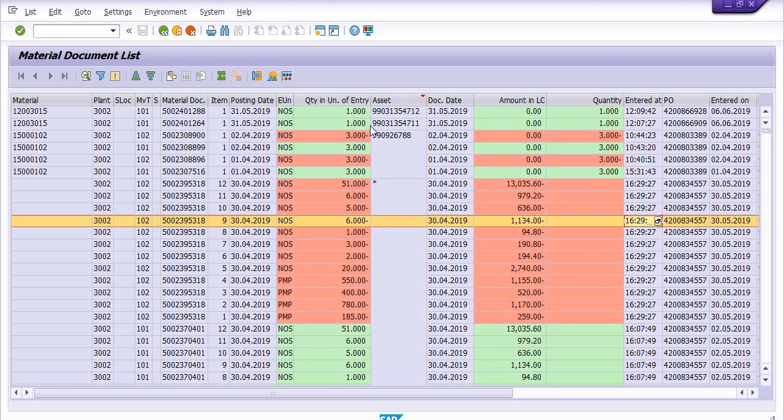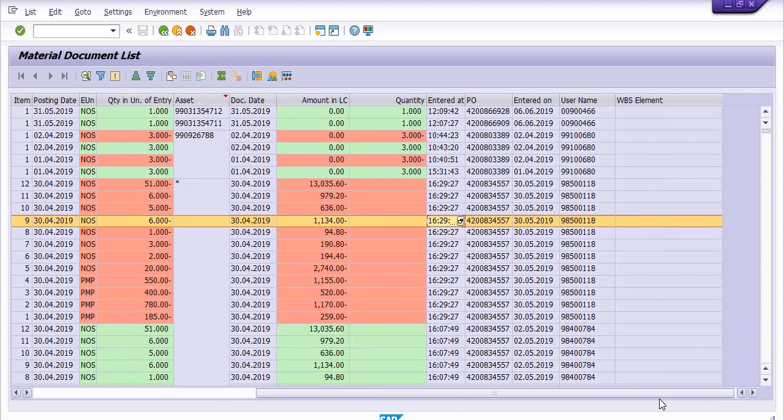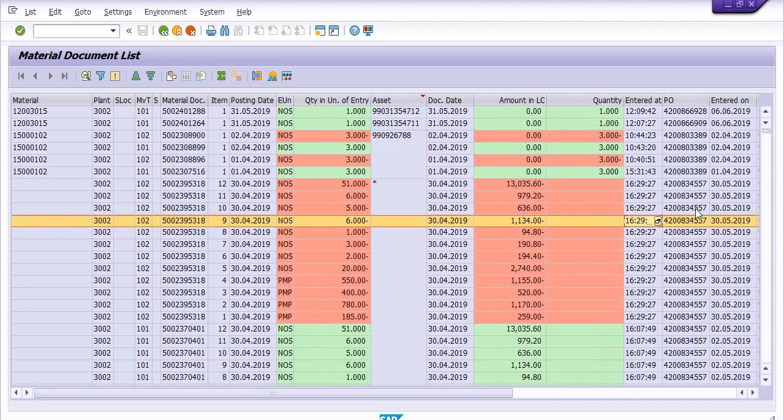These three materials are directly capitalized from storage to asset without creating a WBS. So you need to consider this amount also. Fortunately, the amount here is zero in our case, but you need to consider this amount.